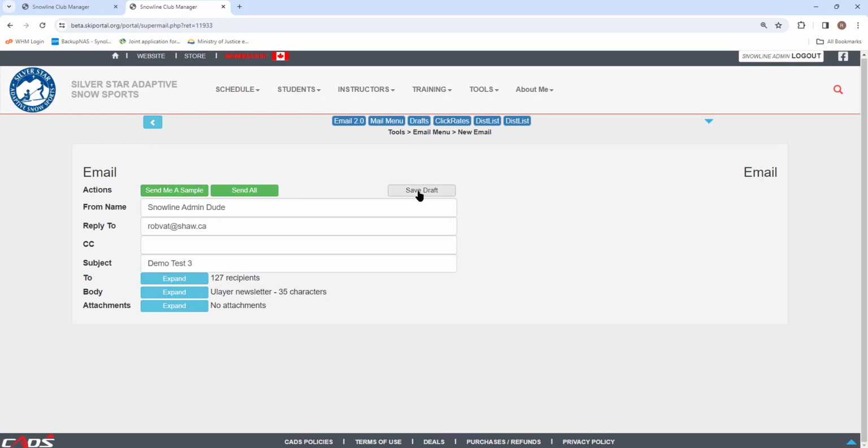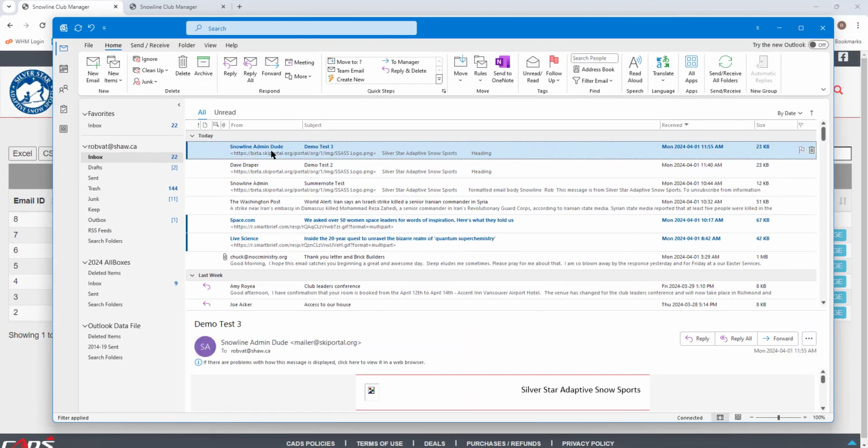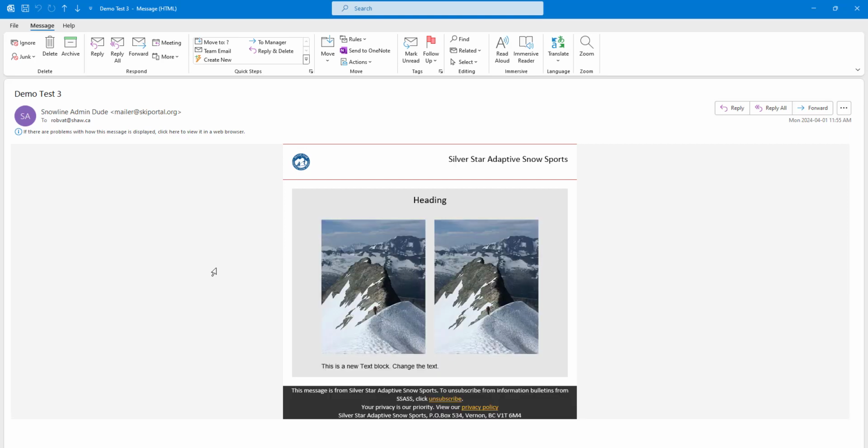Okay. So the other thing I can do now that's new is I can test it. So I could save it as a draft, right? We talked about that. Or I can just send myself an example real quick. And there's my sample email with my pictures and my text. And the email looks nicer now. This is cleaned up. The header part is cleaned up better. And it's got a nice signature block at the bottom